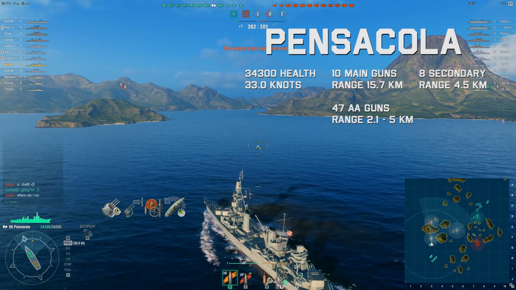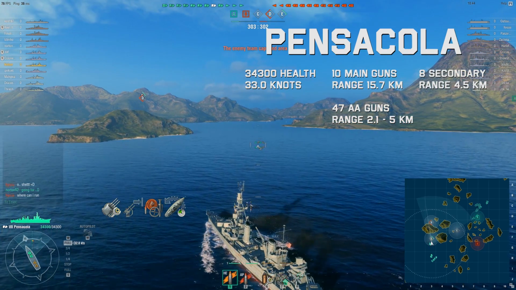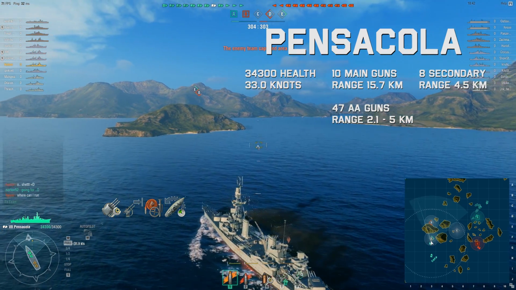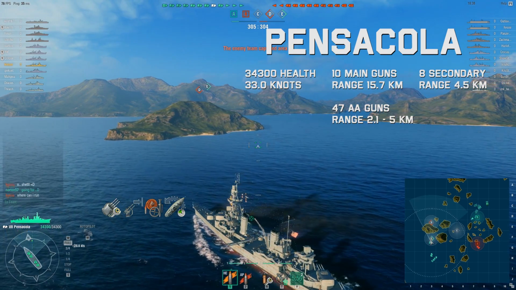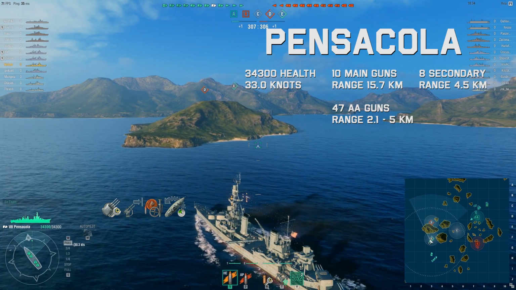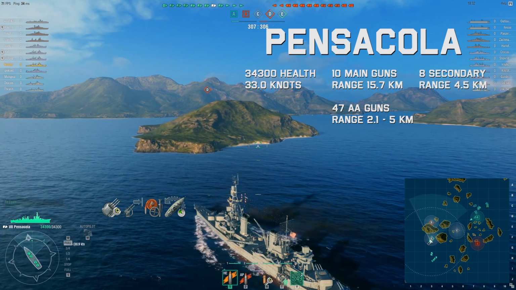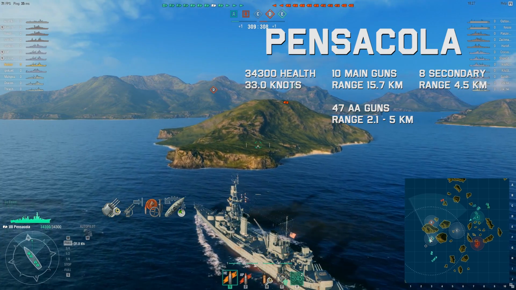It has 10 main guns, 8 secondary guns, 47 AA guns, a top speed of 33 knots, total health 34,300. For my modules, reduce crit chance on main battery, increase AA range, reduce flood and fire chance, faster rudder shift. And for my commander, situational awareness, basic survivability, basic firing training, faster turret traverse, lower cooldown on damage control, and